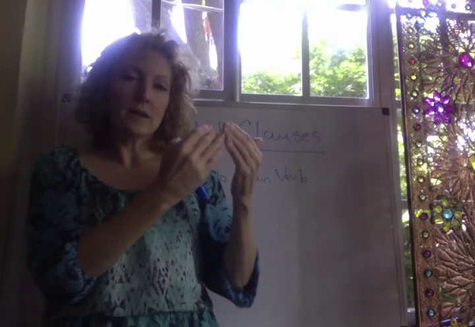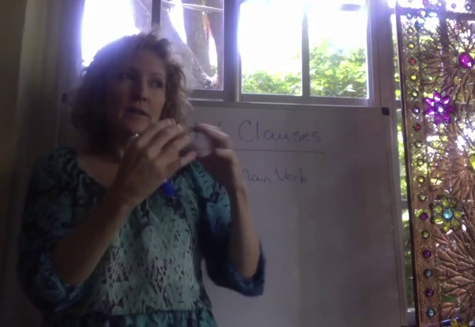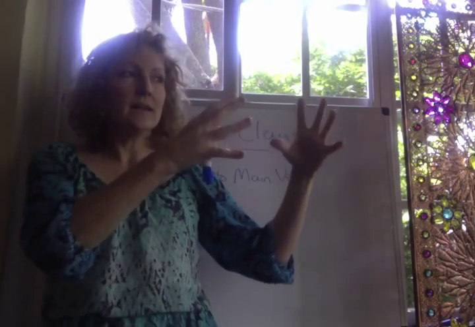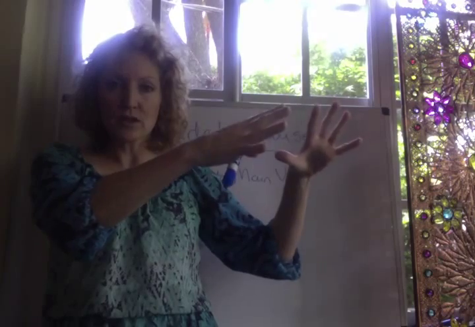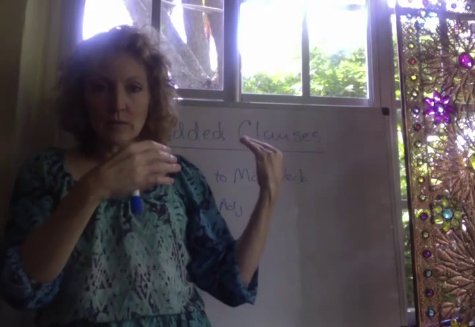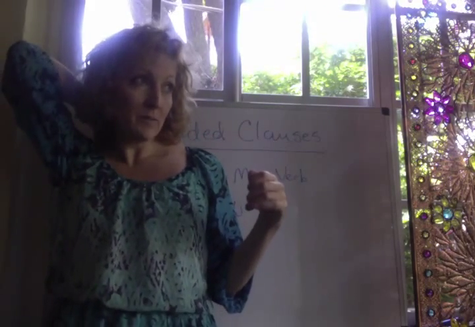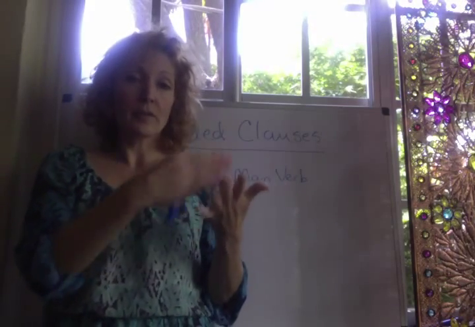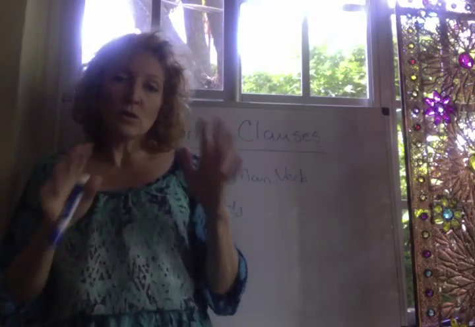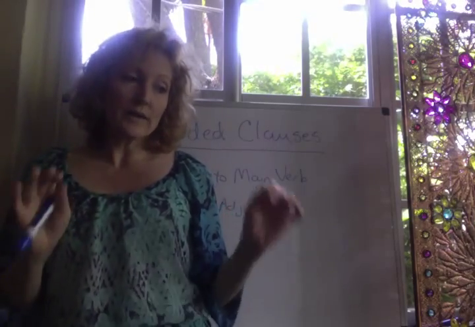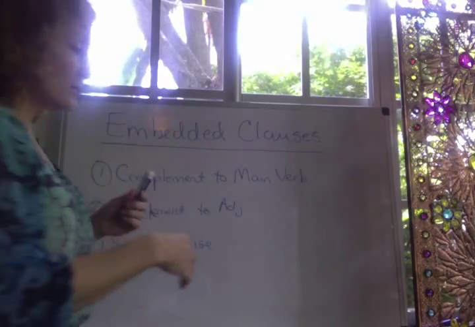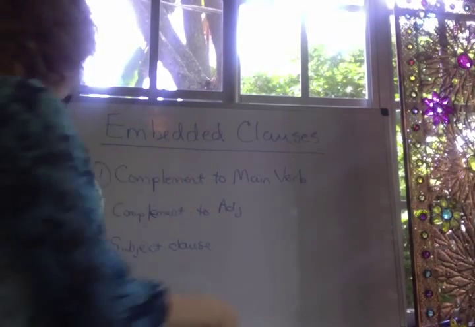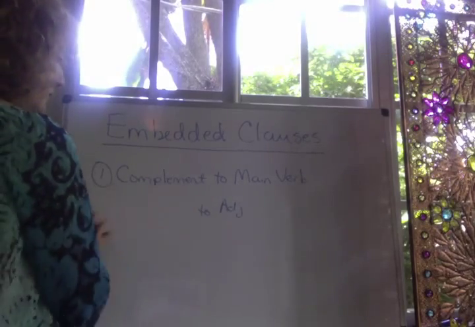So we need to think about how we can put these items that we think of as being sentences, clauses, into the subject position. Whereas in the other examples of embedded clauses, we have embedded clauses occurring as complement to a verb or complement to an adjective. So we will go over those structures one by one, and let's start with, probably the most common type of embedded clause, and so you're going to see this one the most frequently, which is